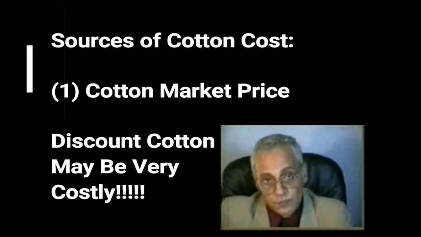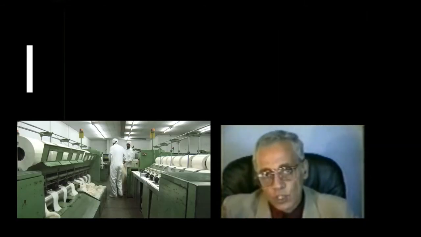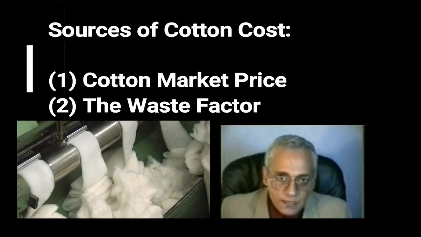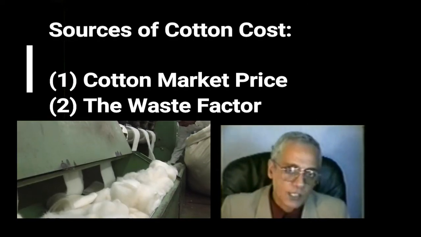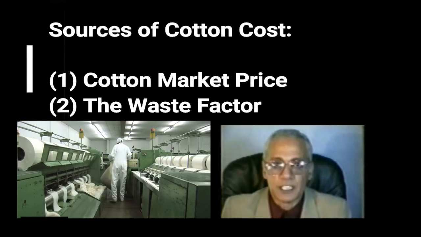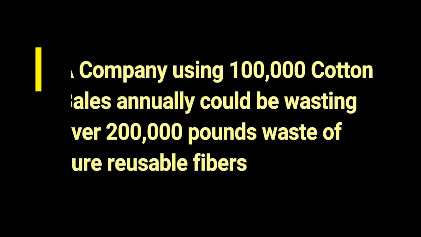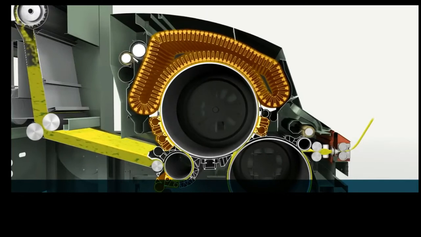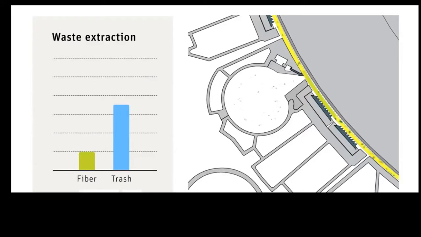Look at the waste. This is a major opportunity for all of us to reduce the cost of raw material. The fact is, waste is larger than ever. The reason for that is the high-speed technology we have today. At high speed, the segregation between trash particles and fibers, sometimes good fibers, is not as good as it is at low speed. So as a result of that, our waste today has a great deal of fibers, and I'm talking good fibers.